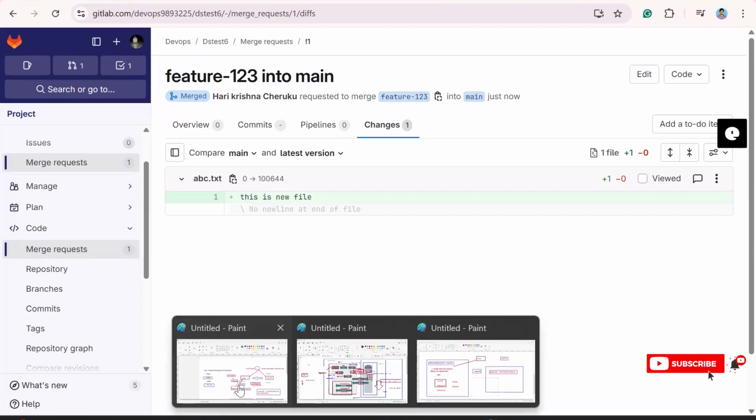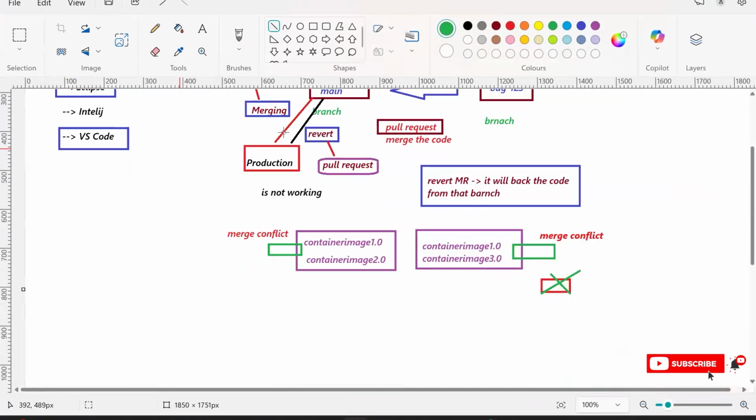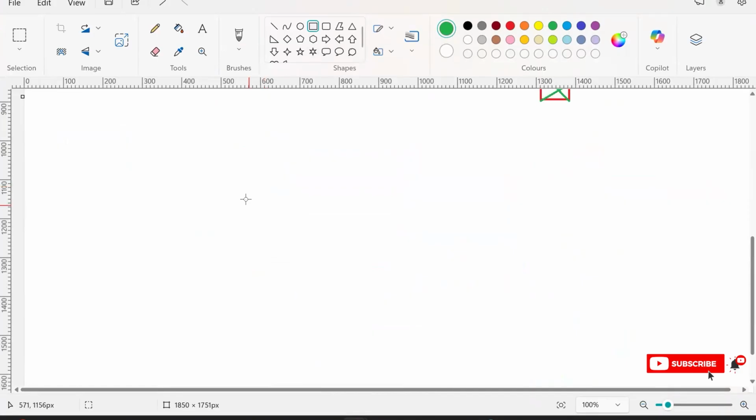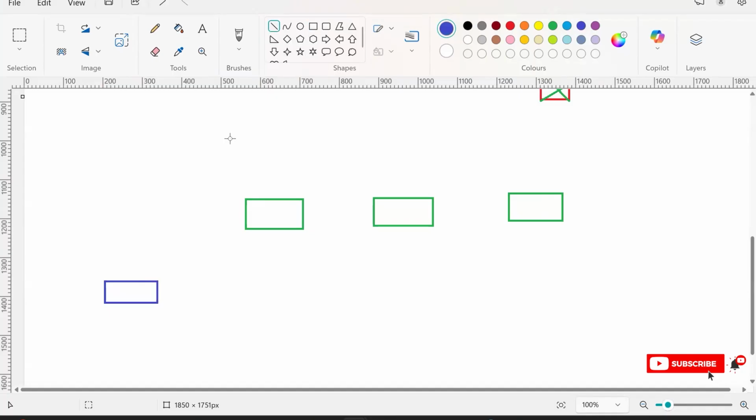I will tell you, then you will understand. What is this? So this is our development environment. This is our testing environment, and this is our production environment. So you created a branch called feature 1 to 3 branch. Now you merge the code to the,